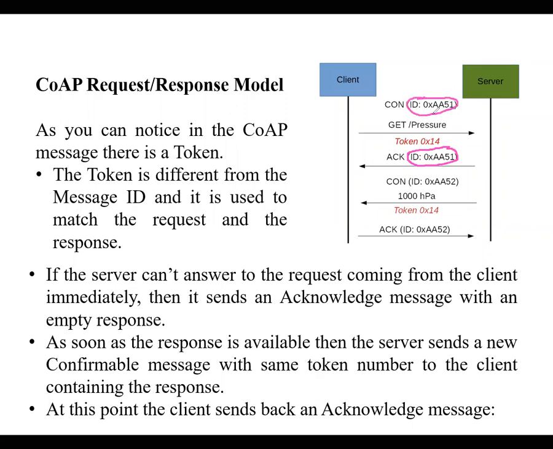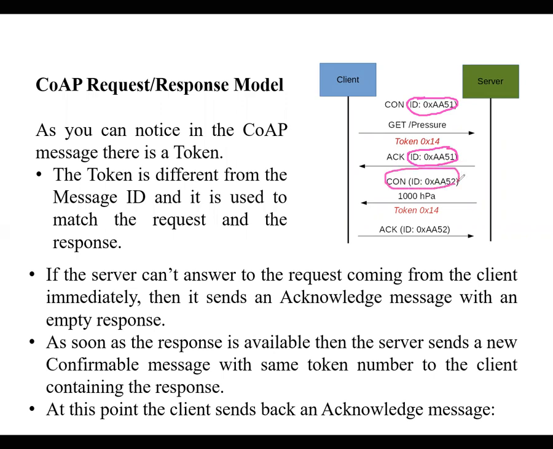So this shows that it is an acknowledgement of this message, though the server didn't answer the request regarding pressure. So next, when the server gets the pressure value, it sends the pressure value with a different